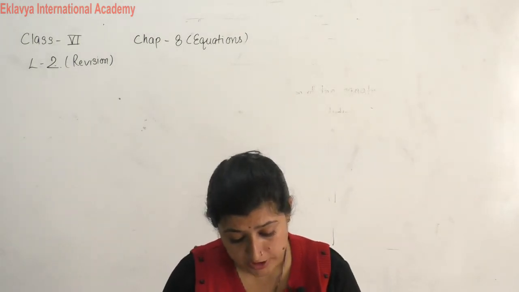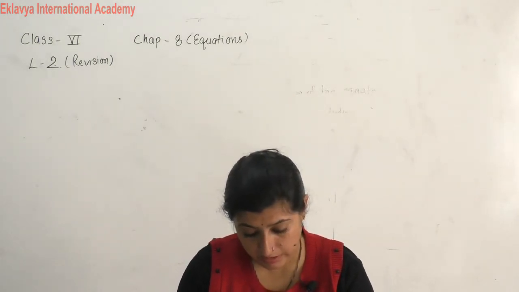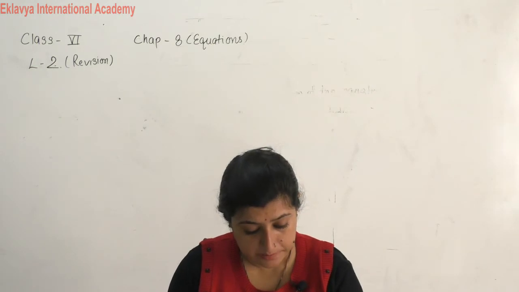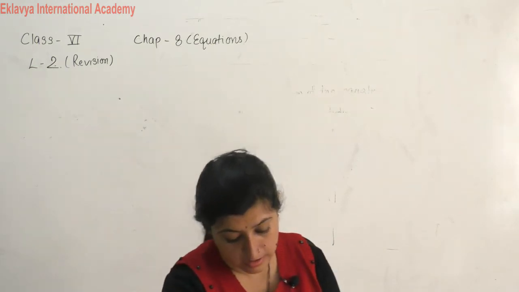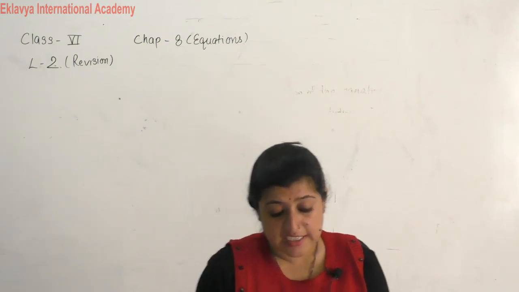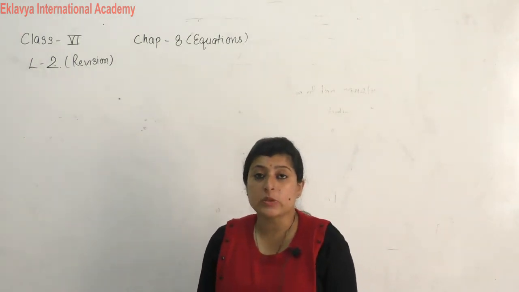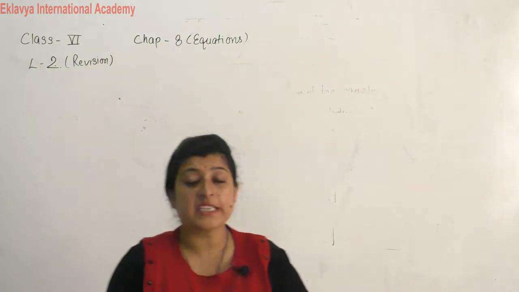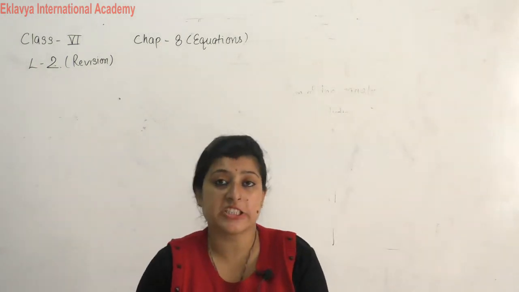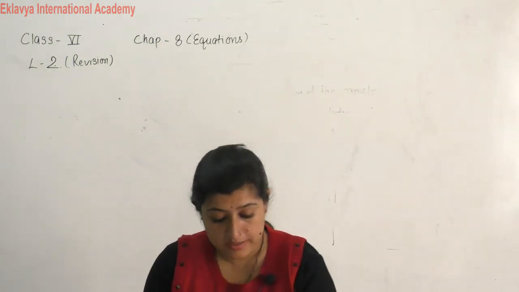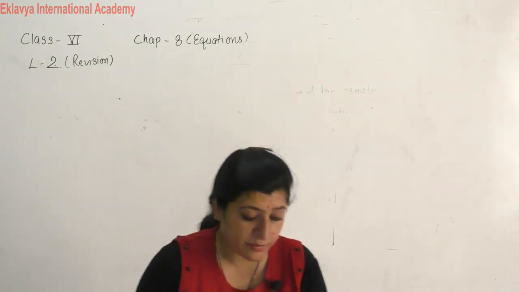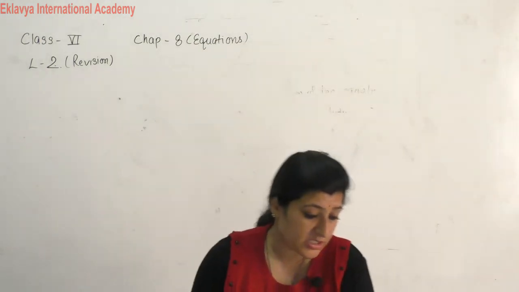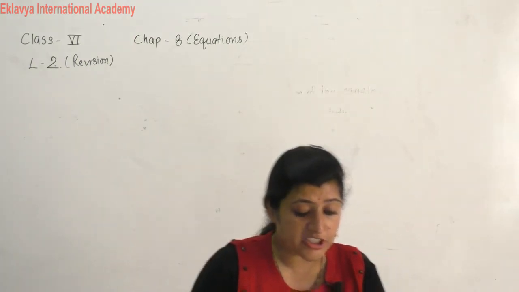Now, see one question. In your book 8B, it is a very easy exercise you can do. Now see, translating word problems into equations. Equation में किसी word problem को कैसे change किया जाता है. Suppose your question number first, directly solving the equation. Okay, see. Write as an equation and solve.